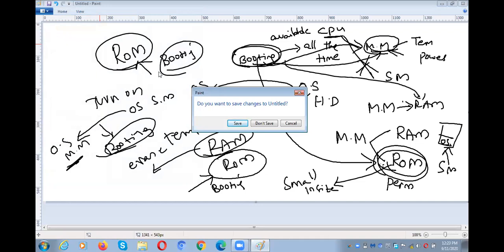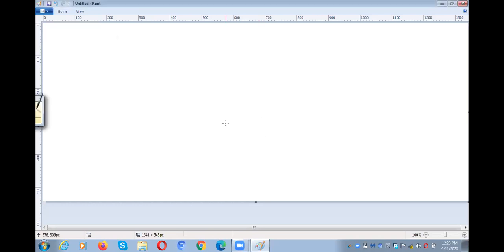So at the end of the session, Krishnaiah sir or the remaining faculty, or any other interviewer might ask you a question like what is booting, what is RAM, what is ROM, right? Then you need to be in a position to answer the question. You may get 60 marks or 40 marks or 100 marks. All cannot write well in examination, right? But after listening to my class, as my student, you need to answer all these questions, right?